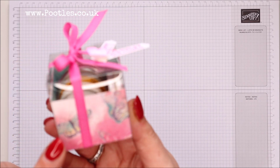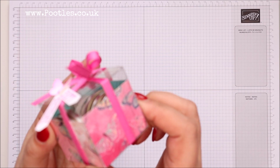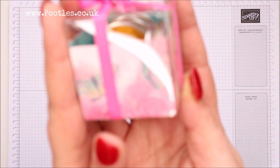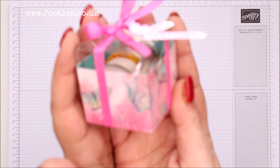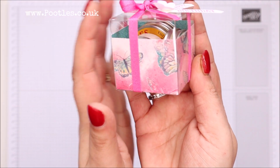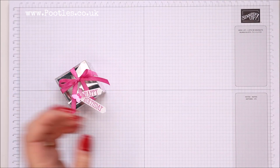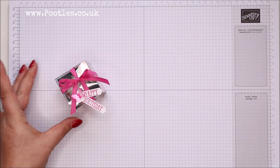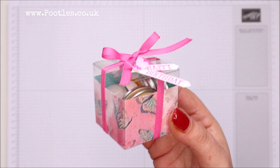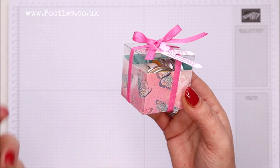am using products that are limited supply, and this beautiful butterfly brilliance paper has in fact, and it's not focusing. Why is it not focusing on me? Autofocus. There we go. This has actually now sold out. Oh, I might have to put my phone on silent. Oopsie daisy. So yes, sadly that has sold out since I designed this project, but I leave these projects as a gap, and I film them right before time so that I know that I'm